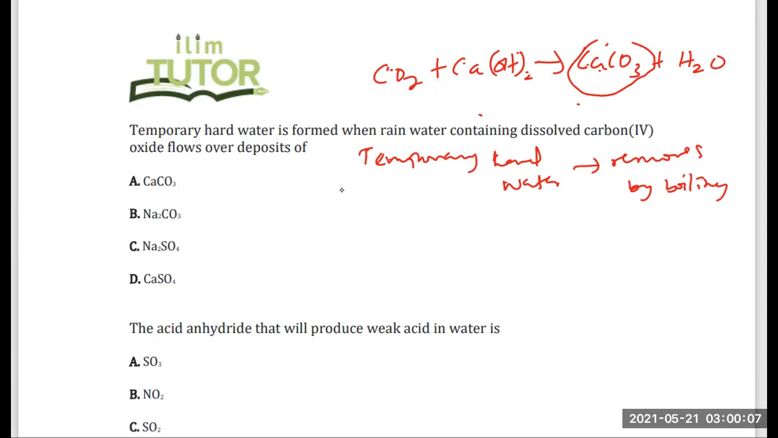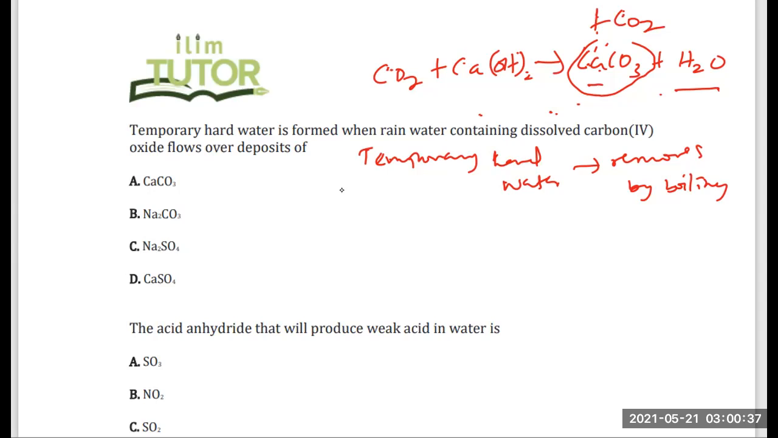So if that would be the case, then we know a further test for this: if I bubble excess of CO2 into this same solution, we are saying this is limestone, this is water, so in this case we can say rainwater. If I bubble excess of CO2, the milkiness will disappear. Why would it disappear? We said due to the formation of